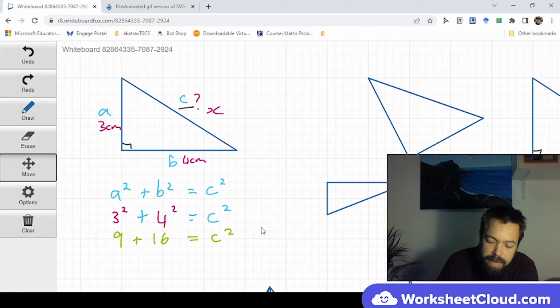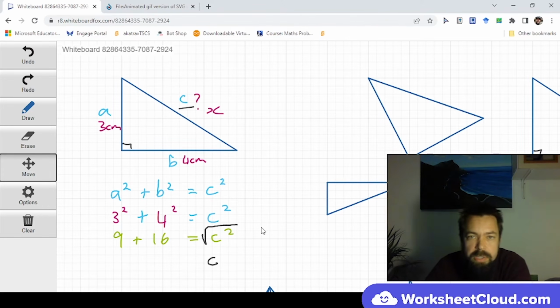So we would then take the square root of C squared, which would then be C. So just to break away quickly and run that through with you,